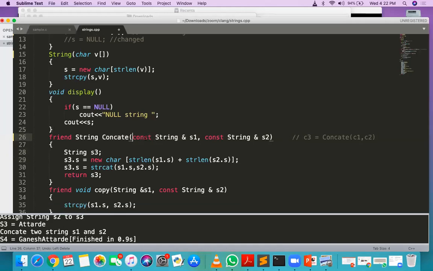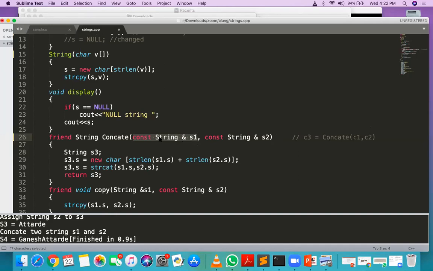Yeah, it is a constant. What is the meaning of the constant parameter? Now I'm making my argument read-only. Now S1 is read-only. You cannot modify the content of C1 through S1. Getting?